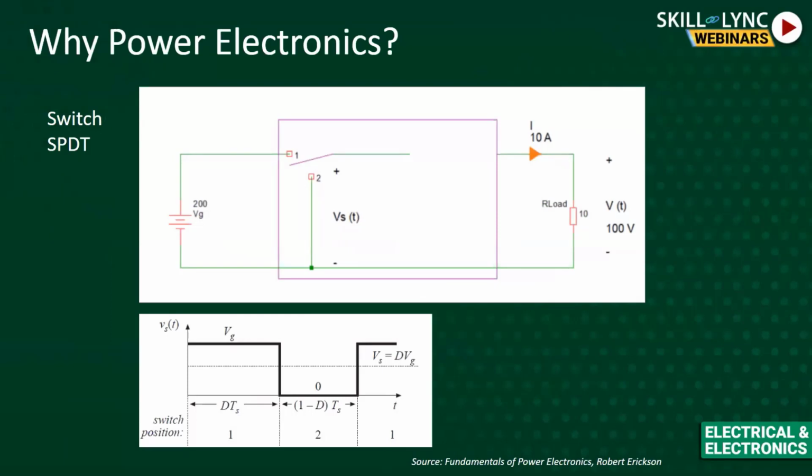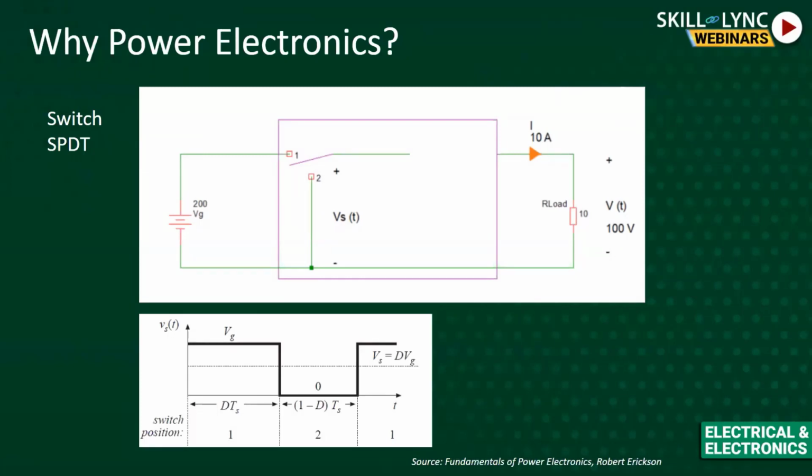Assume this is a connected one, though the wire is shown disconnected here. Now when the switch is at position 1, the output will be reflected as the input voltage. When the switch is at position 2, since the switch voltage is negligible, the output will be reflected as a negligible voltage, which is of course the switch voltage.